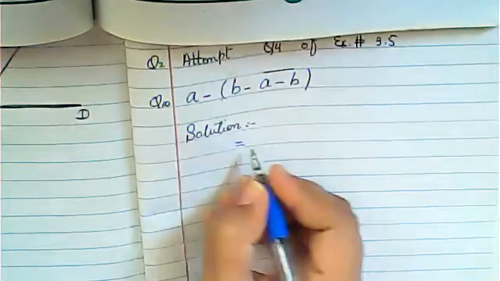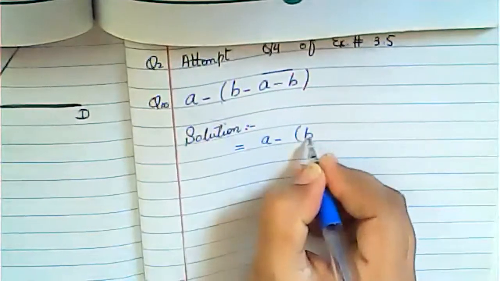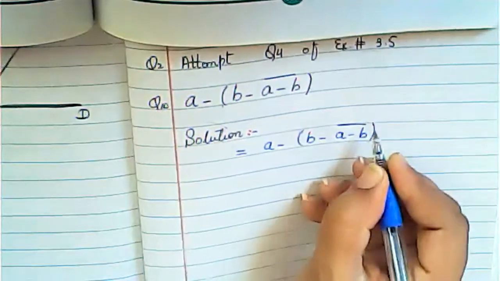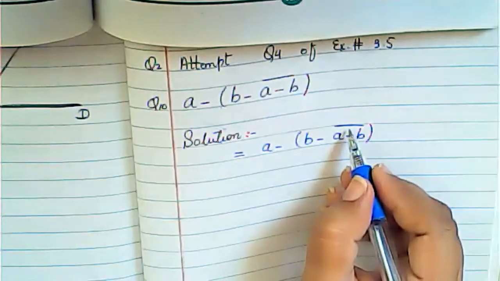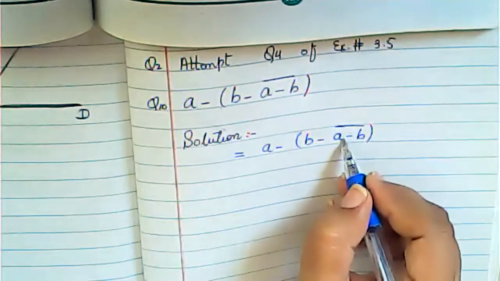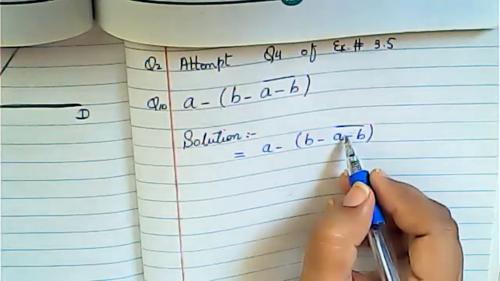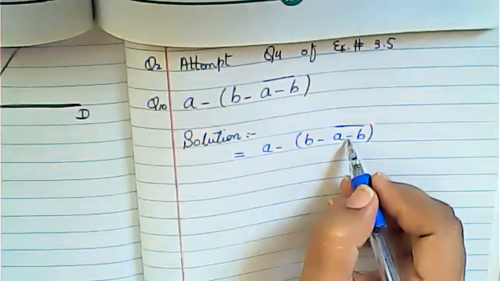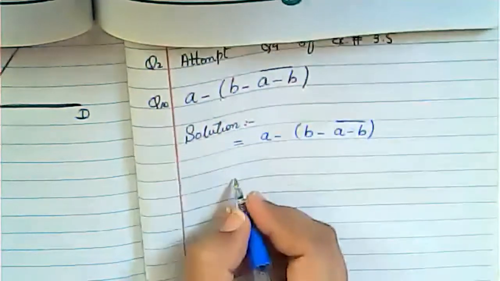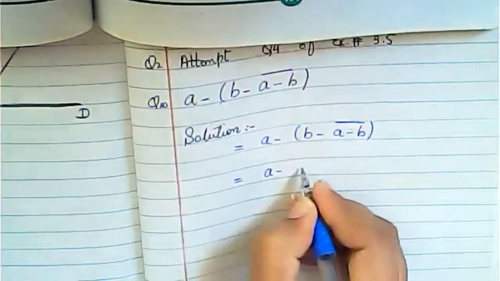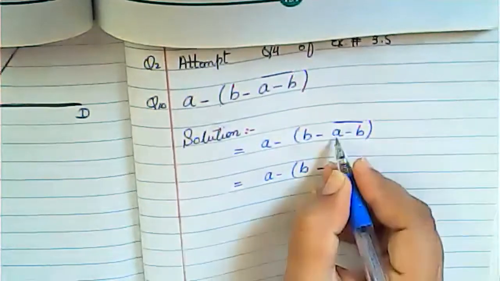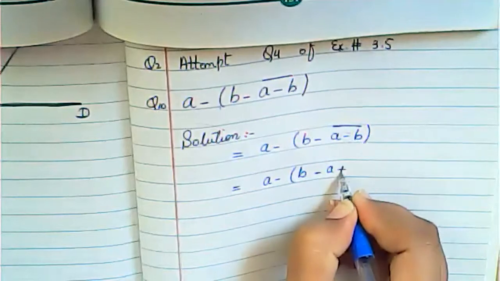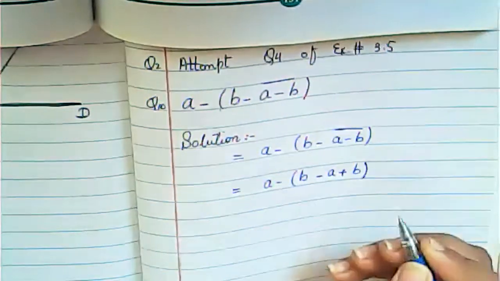Now what is the question here? A minus B minus A minus B bracket, and it is a vinculum. When you have a vinculum, the sign which is present inside the vinculum will be changed. If you want to remove this vinculum, how will you remove it? The sign inside the bar will be changed. So it is minus, so it will become A minus B minus. This A will remain the same. This minus now becomes plus B, bracket close.